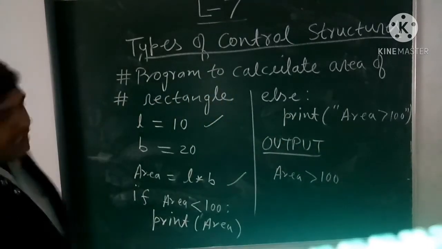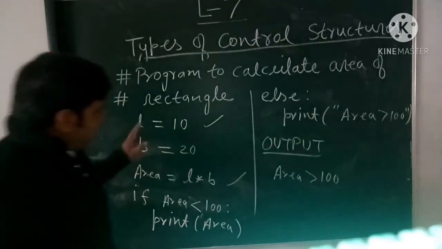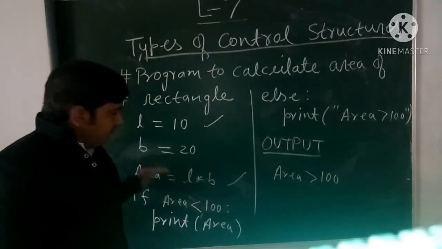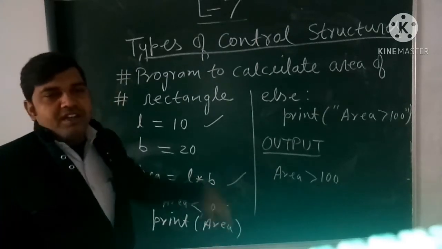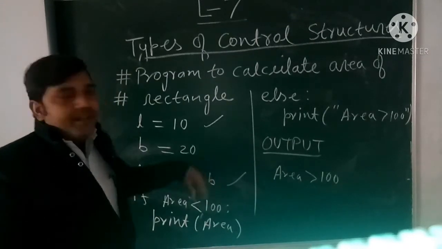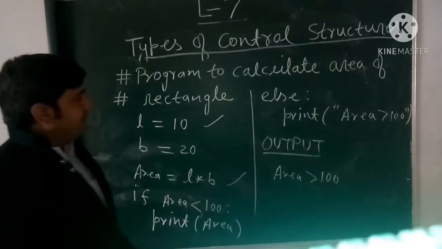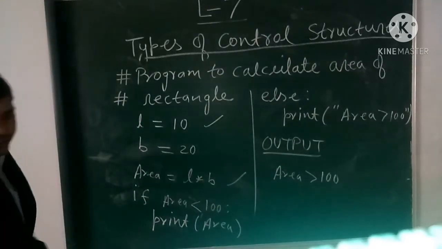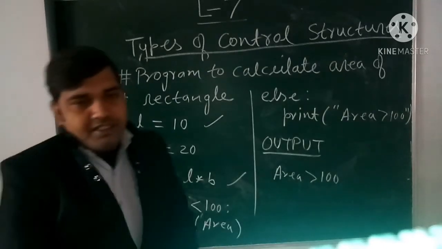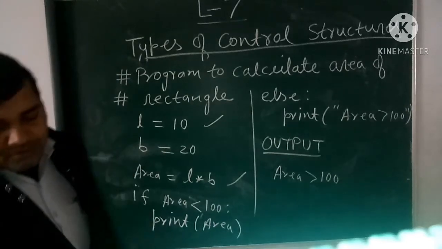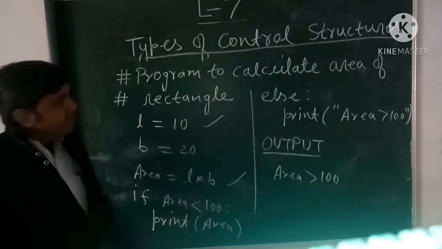Next is the iterative statement. Means if you want to execute the same piece of code, same command, same line, more number of times, or a different number of times, or an indefinite number of times, we use the loops. That is called the iterative statement. To repeat a certain task more number of times, we use the iterative statements. This we will study in detail in lesson 8.